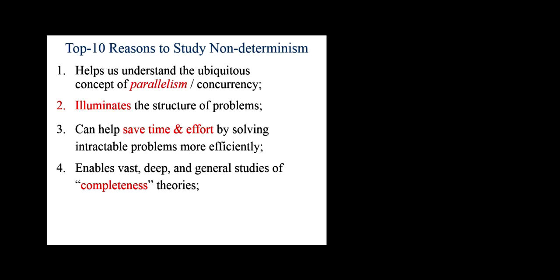And before studying non-determinism, we had no idea that this is the case. We tried to solve everything separately, and that's a big waste of time, right? We didn't realize that all these problems are just special cases of a much more general problem that involves parallelism or non-determinism, and if we can solve that effectively, we can solve a whole bunch of other things simultaneously for the same price. So we're killing many birds with one stone kind of approaches. So we'll talk about NP-Completeness and the implications of that.